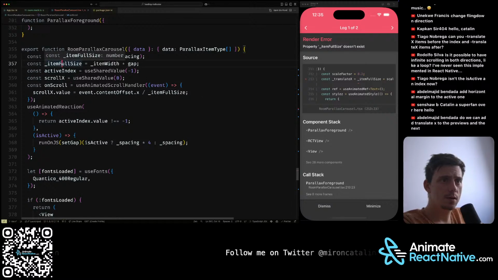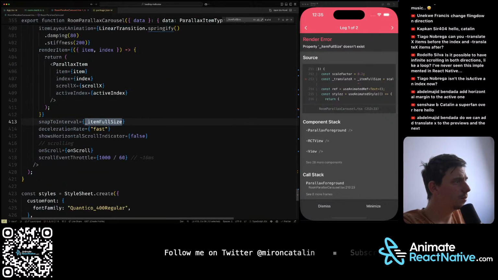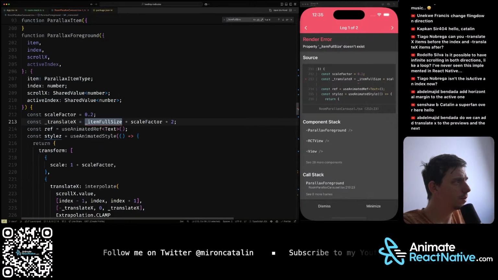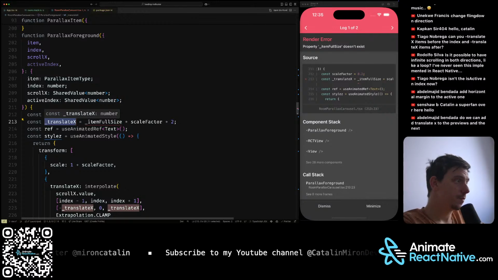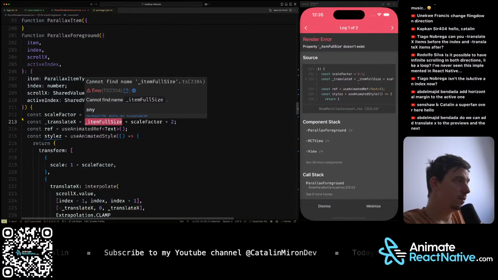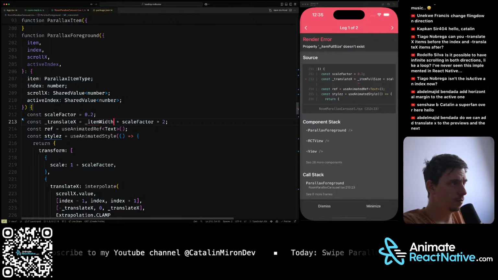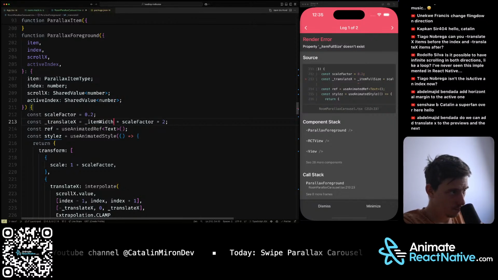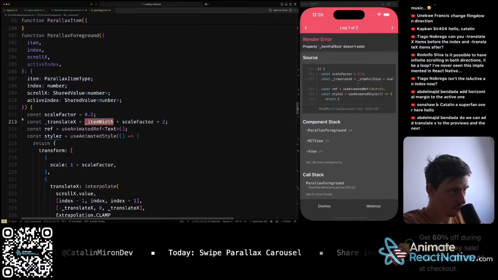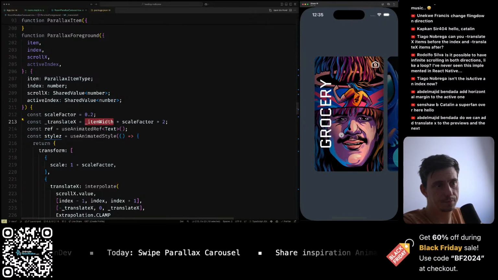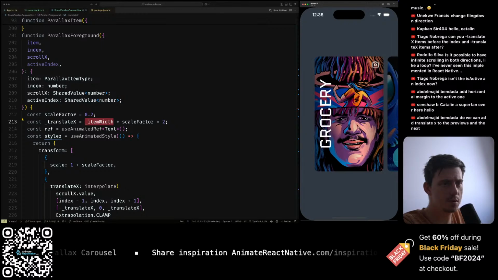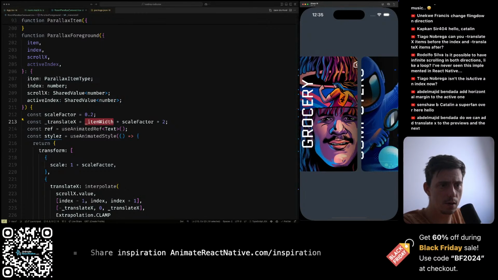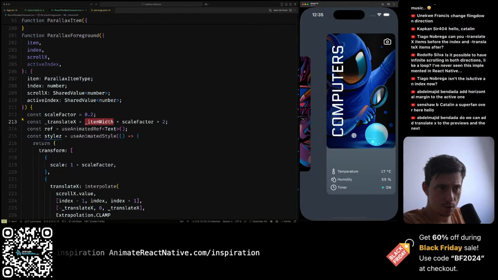Item full size does not exist. Okay, where do you need it? Do we actually need it? Okay. This is item width. Okay. Now the gap is not working. Yeah, it was. So now we should